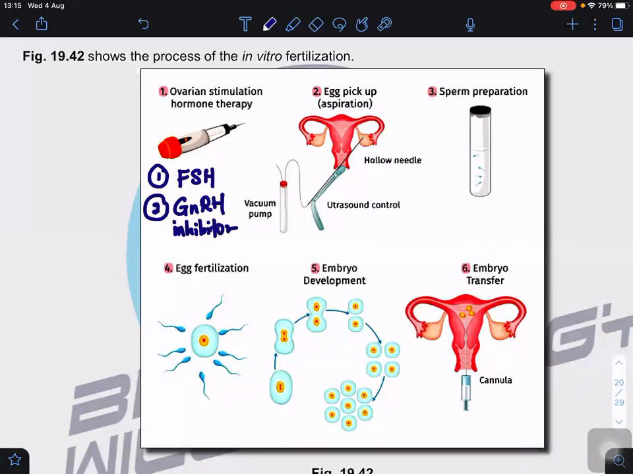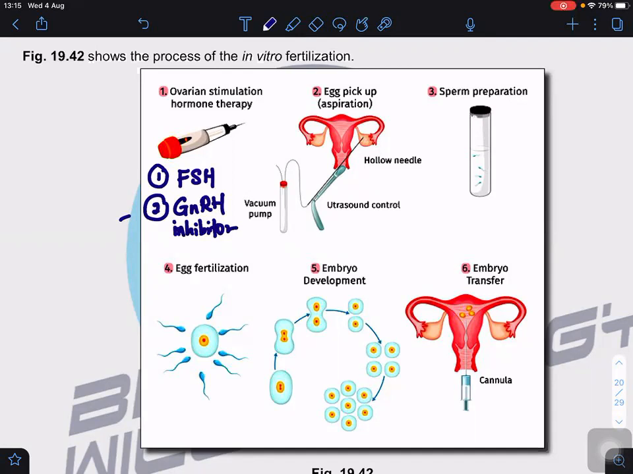Okay, either agonist or antagonist. I will explain this later. So with the GnRH inhibitor, we inhibit the GnRH from binding, which means that LH won't be able to be released. Therefore, the female won't have ovulation. Are you clear? During the treatments of the hormone,